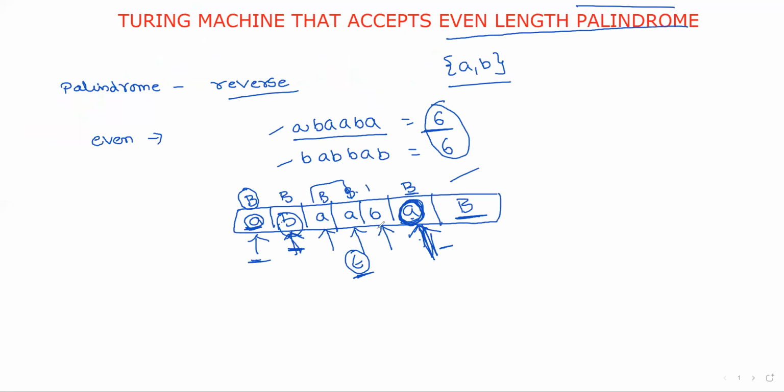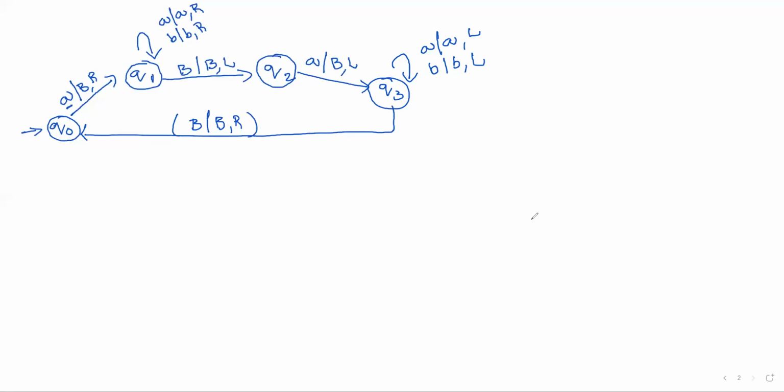Observe this one. That means I am moving in this direction. I am at state Q3. B is replaced with B, moving right. Here I have capital B. Whenever I am receiving B, now what is this one? This is my next state, Q0. Again, the same process is repeated for the entire string.